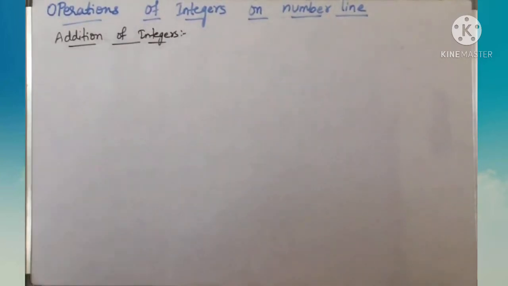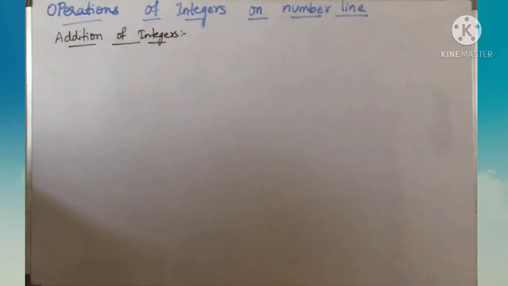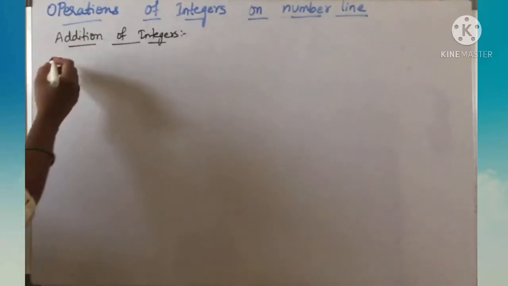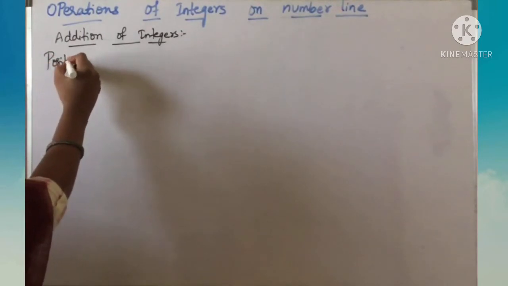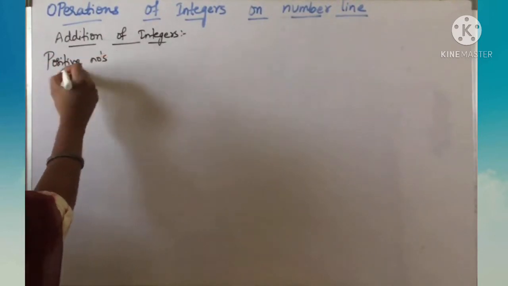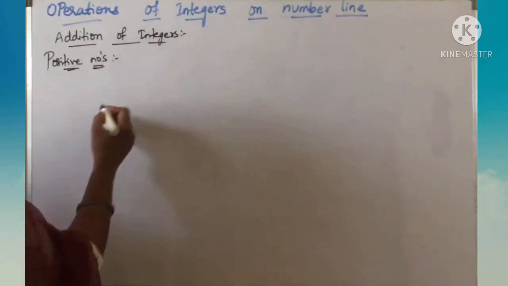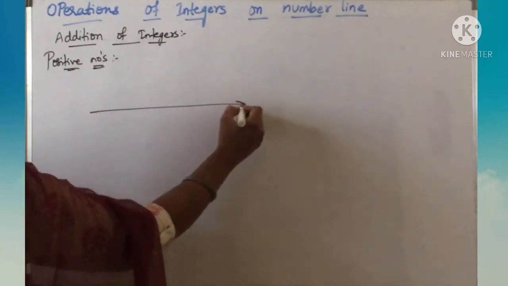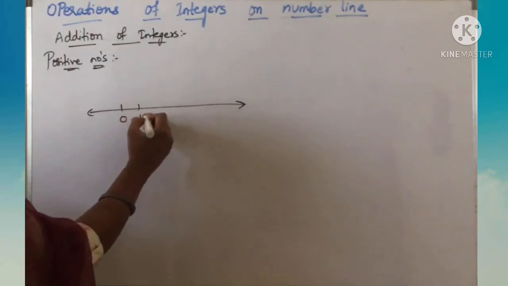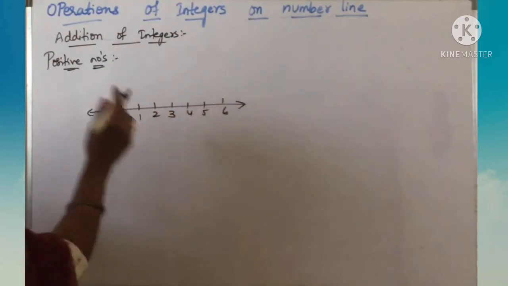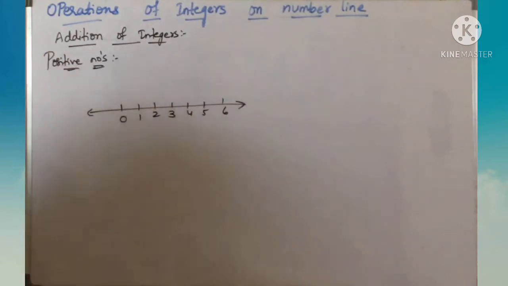So first I will explain addition of integers on the number line. Okay. So on integers, first I am going to take positive numbers. I will explain first addition of positive numbers. So when we add two positive numbers, the result will always be a positive number. Right? Suppose for example, this is a number line children. Here is a 0. Right side of 0 all positive numbers that you know. Here I am considering only positive numbers, right?